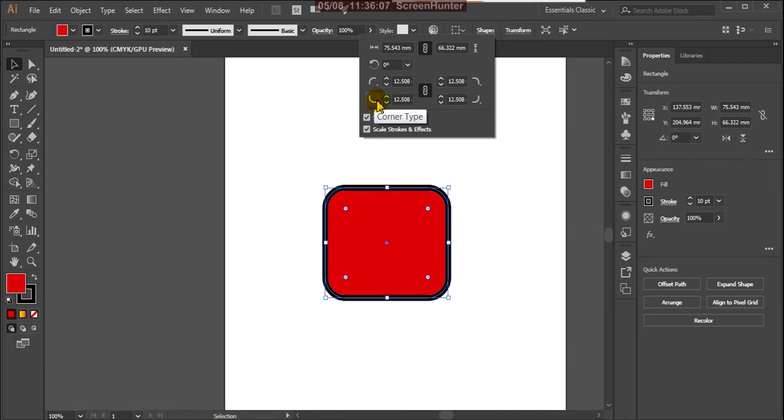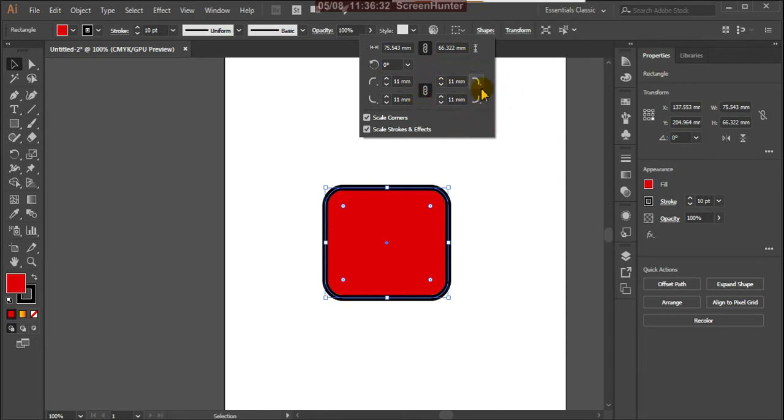This is inverted round, and this is something chamfer. So sometimes we use this. Okay, so these are the corner types. For all 4 corners you can apply the same value.